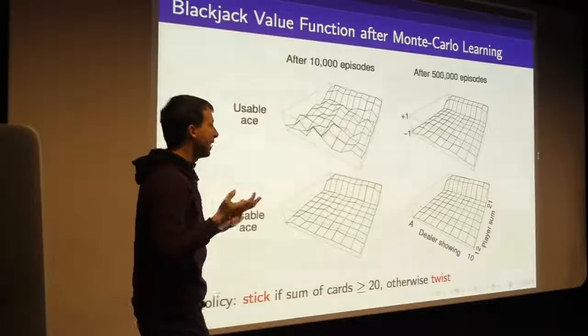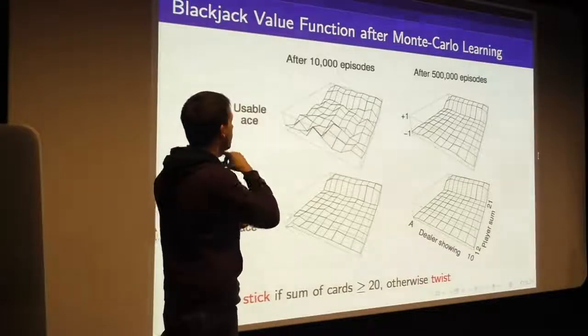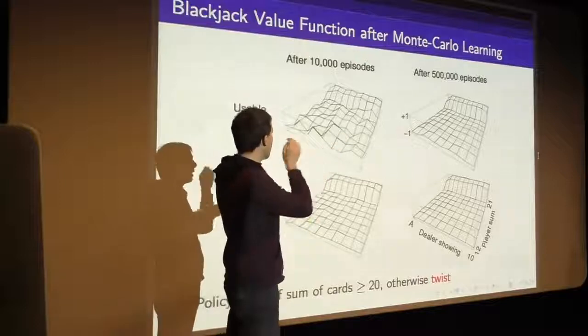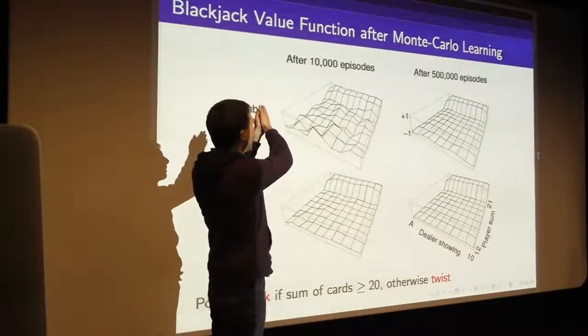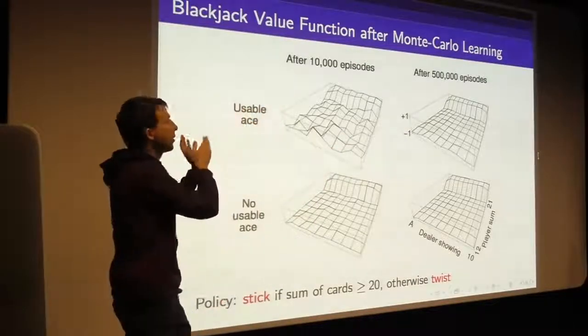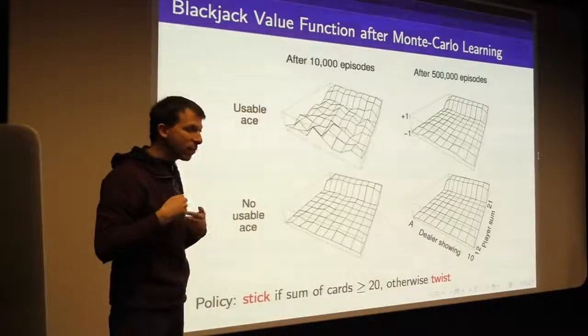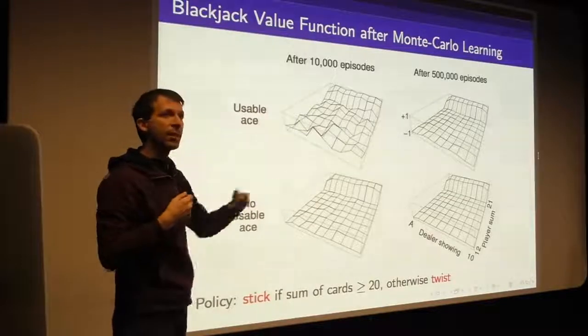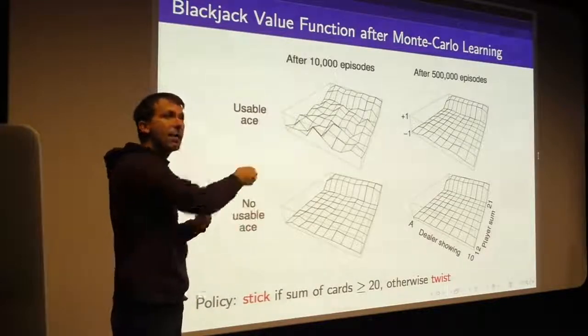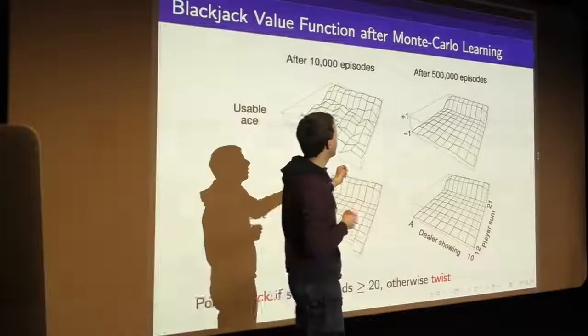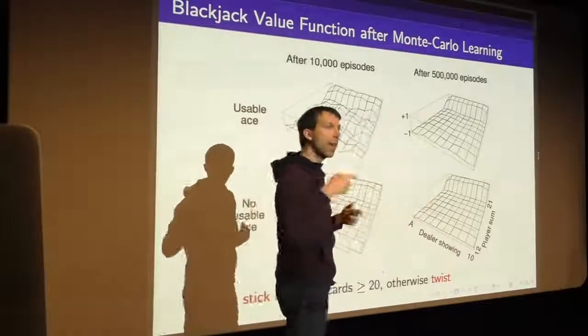And so it's good to have an ace in your hand. Basically, what we see is that this is using, I think, every-visit Monte Carlo learning. What was done here was to just roll out 10,000 episodes of blackjack, to literally play out this game with 10,000 hands and then 500,000 hands, and apply exactly the procedure we've